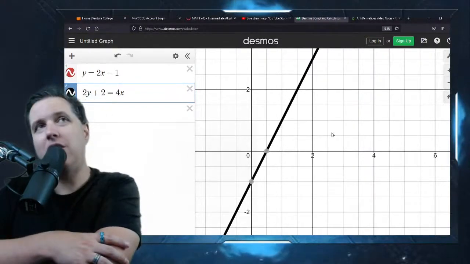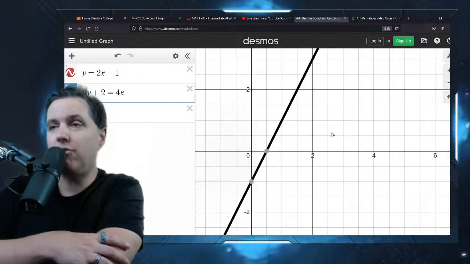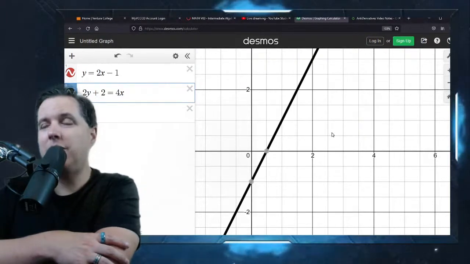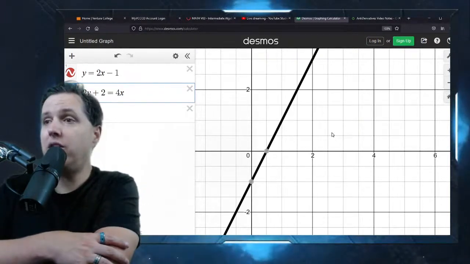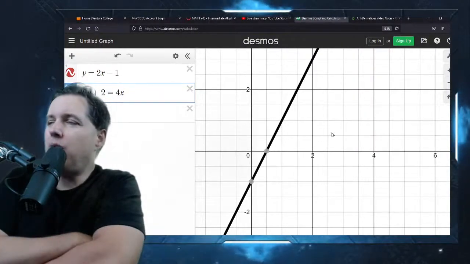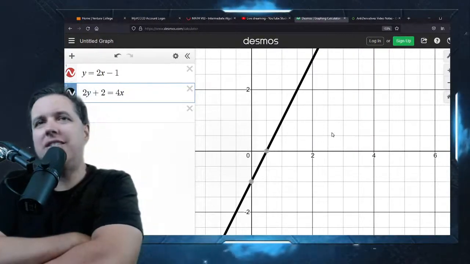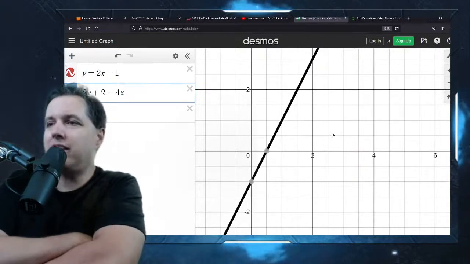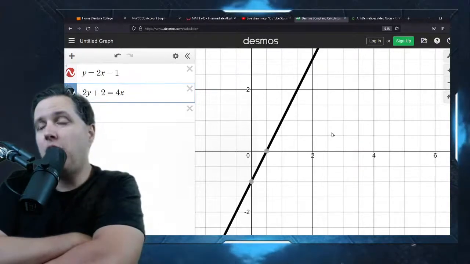And that might sound like a good thing. Occasionally it's useful. A lot of times it's not helpful. It means you've got to go back and maybe look at the way you set things up. And you might think, well, in the real world, why would I set up a system of equations that has the same line in it twice? And the answer is you're usually not going to on purpose.